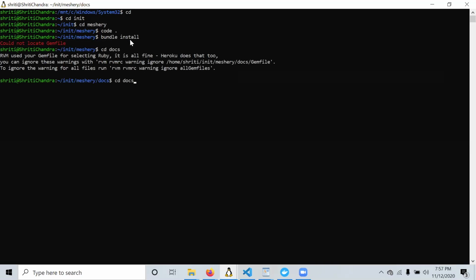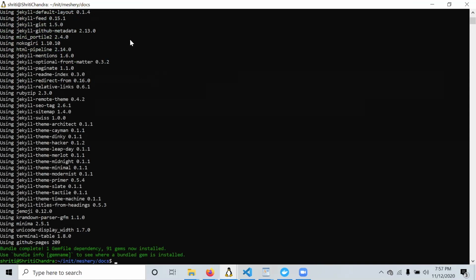It goes through your Gemfile and installs any gem that has been listed in it. It'll probably take slightly longer for you because it's already pre-installed on my system. But that's all you need to do to get a site up and running.